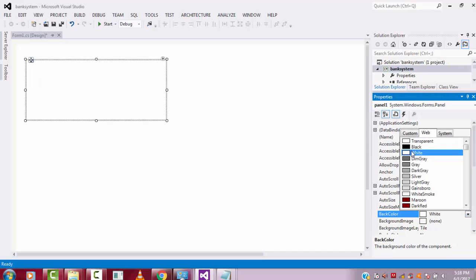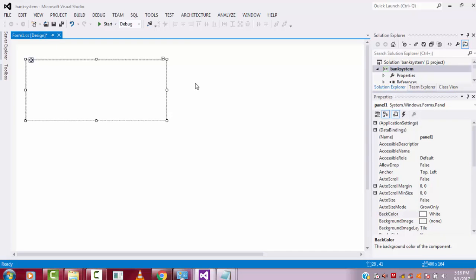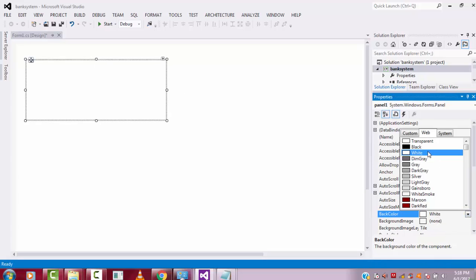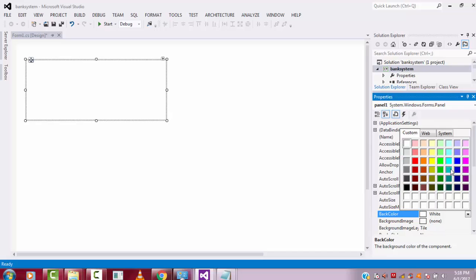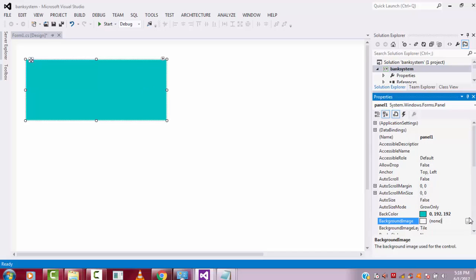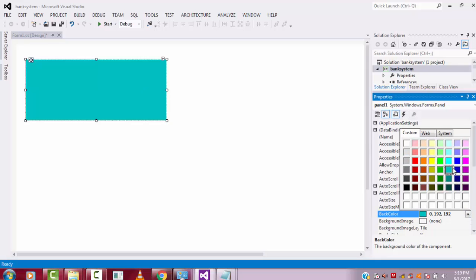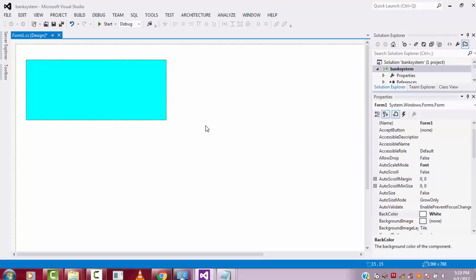Select not the form, but the panel, and here the default color will be white. We can change the color to something like this one. Okay, here this one will be the color. If you don't like it, let me choose this color. Okay, this will be perfect.